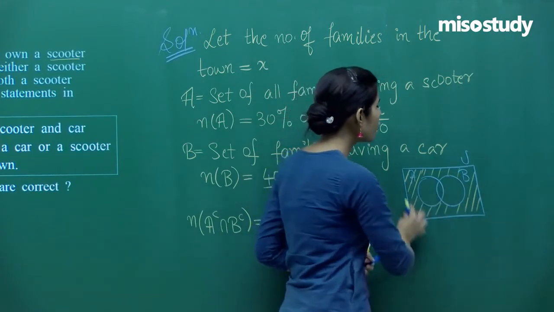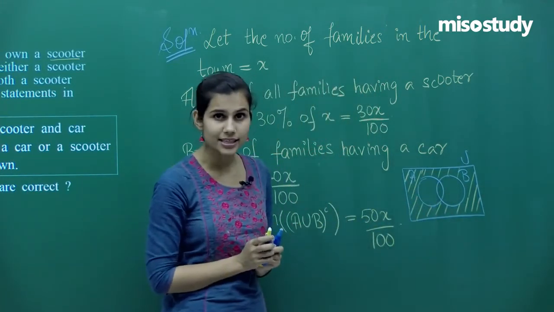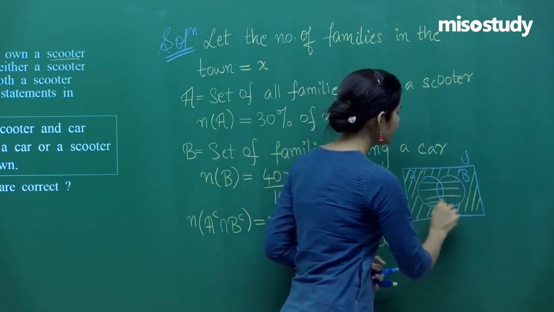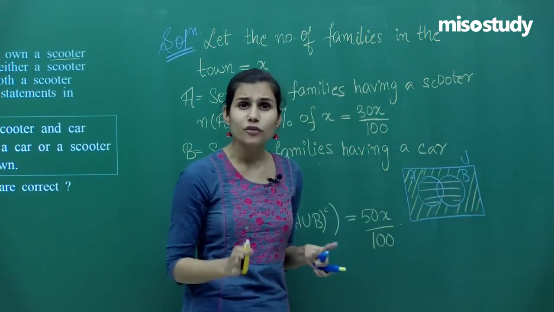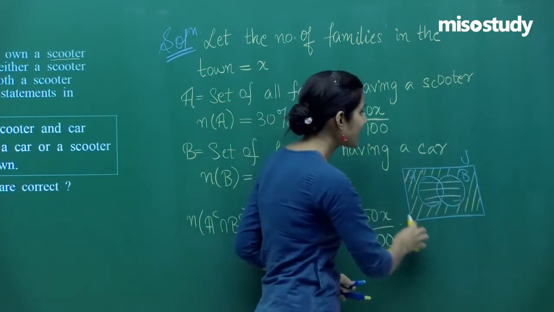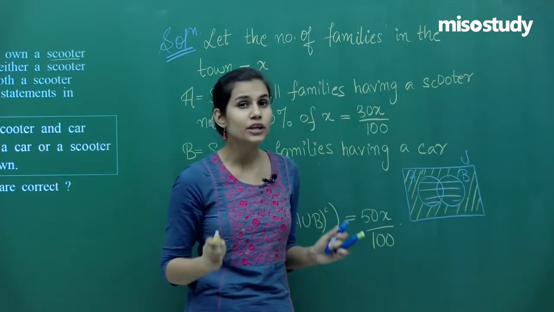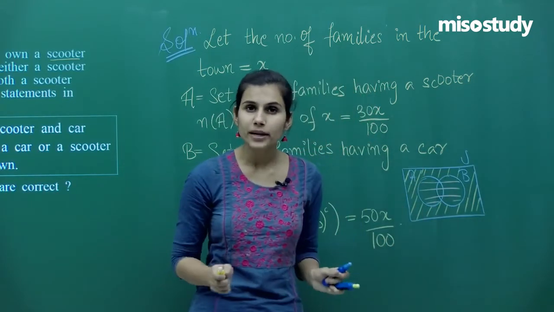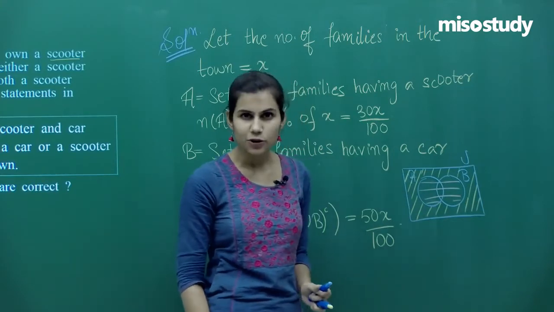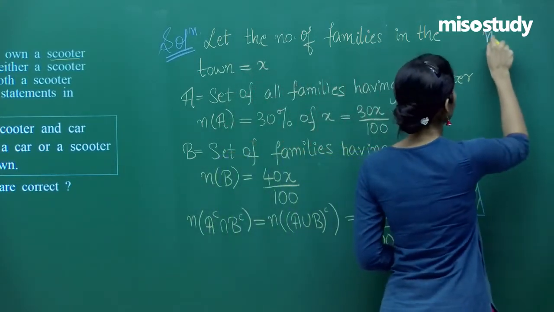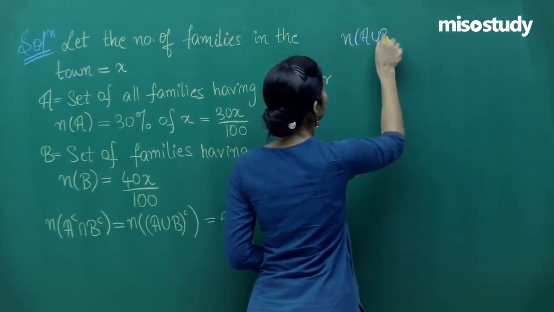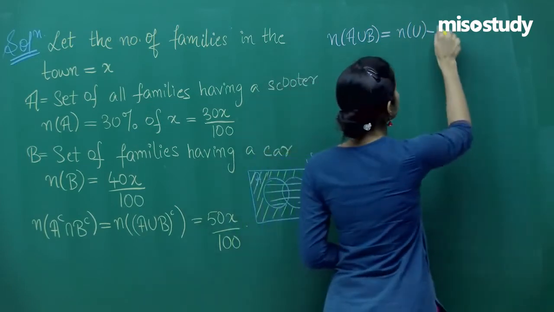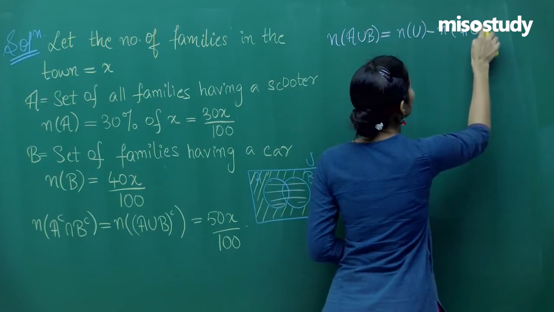You also know the number of members in the entire universal set. How can you obtain the number of members sitting inside A union B? The exact way is just to subtract from the number of elements sitting in the universal set the number of members sitting outside A union B, and we will obtain the number of members sitting in set A union B. Therefore, the number of members in the set A union B is the number of members in the universal set minus the number of members in A union B